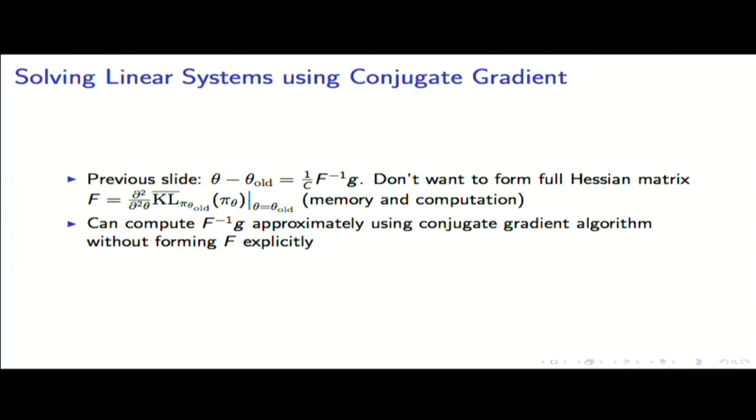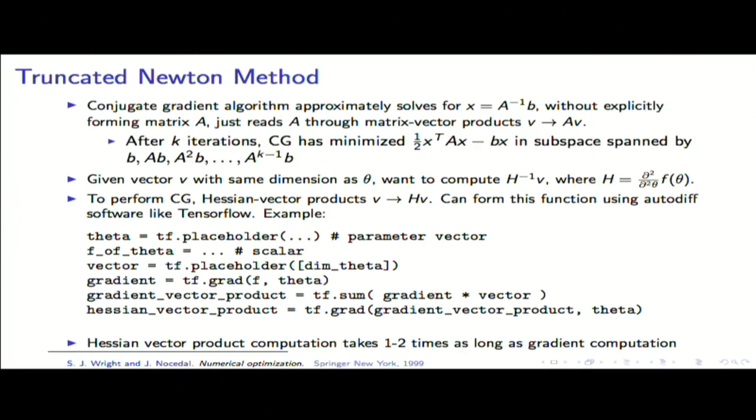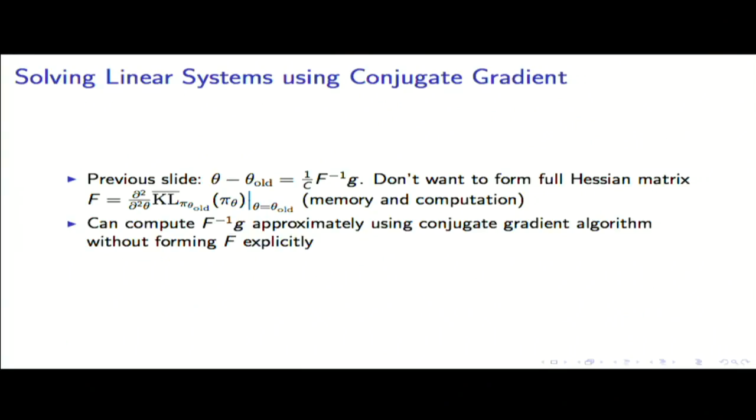So we definitely don't want to do that. What we can do instead is compute this step approximately using the conjugate gradient algorithm without forming our Hessian matrix explicitly. This is actually a useful optimization tool which appears in a lot of different places. So even if you don't use this in reinforcement learning, it's worth knowing about